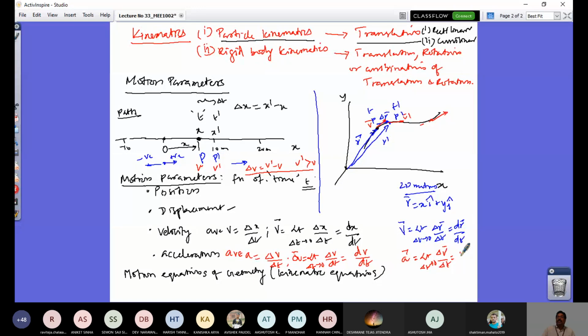And this v vector has two components, vx and vy, like the position vector's x and y components. You will also have acceleration components, ax and ay, like that. So whatever you have looked at now is a description of your motion parameters, and this motion parameters definition